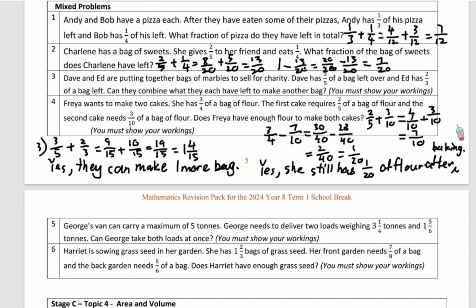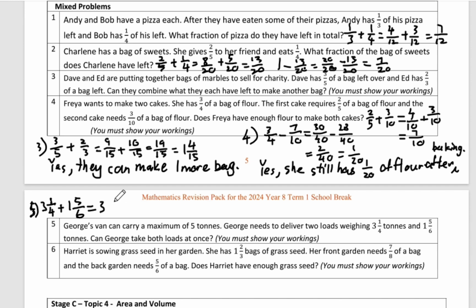Question 5. George's van can carry a maximum of 5 tons. George needs to deliver 2 loads weighing 3 and 1 over 4 tons and 1 and 5 over 6 tons. Can George take both loads at once? So first, we would need to add both of these together. So 3 and 1 over 4 plus 1 and 5 over 6 equal to